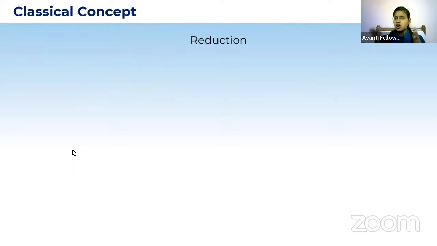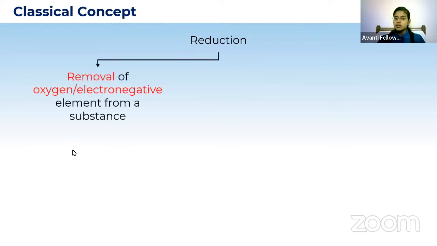So it is the opposite of the 4 definitions which we have seen for oxidation. Okay. So reduction means removal of oxygen. What is oxidation? Addition of oxygen. And reduction means removal of oxygen, or removal of electronegative element. For example,